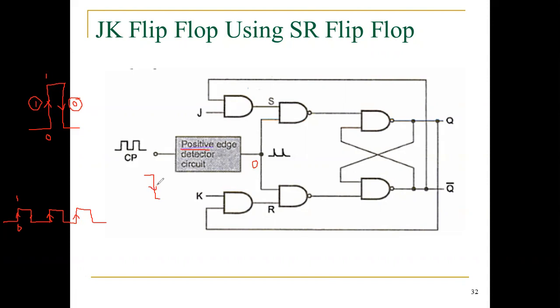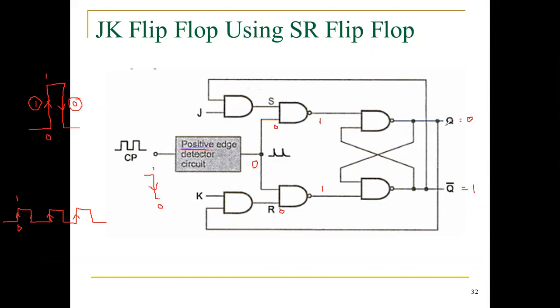My clock pulse is, suppose, a 1 to 0 transition. What will happen? This makes one of the inputs of this gate equal to 0. Please listen. This is a 0, 0. S equal to 0, my R is also 0. So that makes the output of S and R equal to 1, 1. You know that here it is 1, 1, which means whatever assumption you made here, the same thing will be retained in the output according to the SR flip-flop operation.